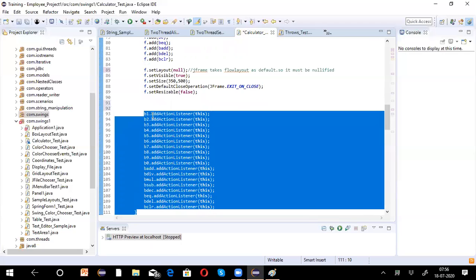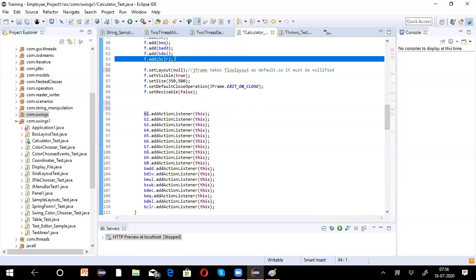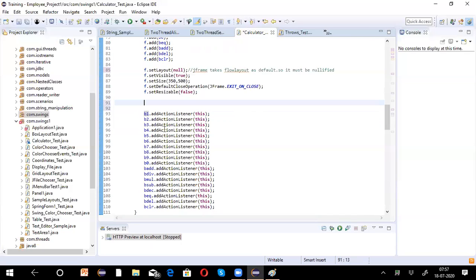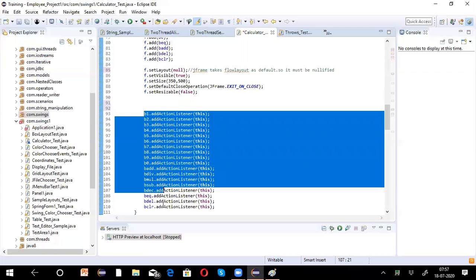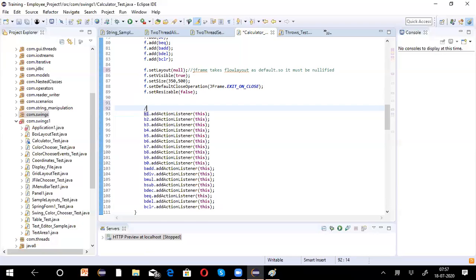After creating buttons, after adding them to the frame and after setting the frame details like the layout, the visibility, the size, your next part is you have to register the components in order to handle the events. So this is nothing but registering components to handle events.